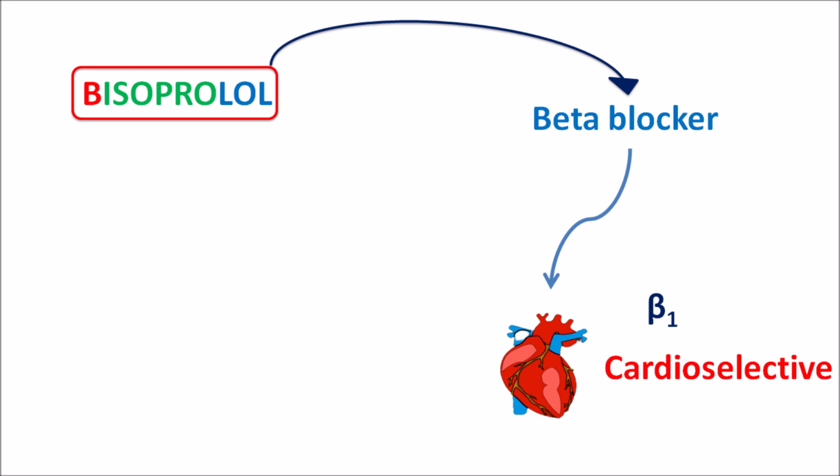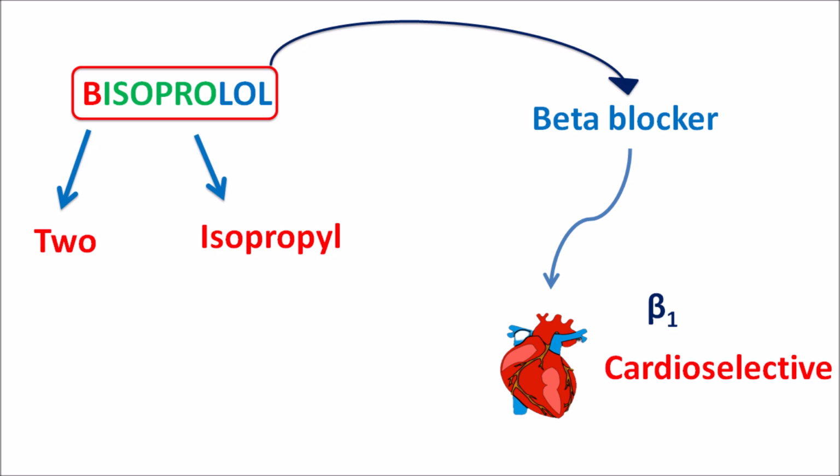And from the name of this drug we can identify structural information. So here the suffix olol indicates it's a beta blocker. And the infix isopro indicates that this drug is having an isopropyl chain. So bisoprolol is having two isopropyl groups. One of the isopropyl is attached to the amine and another isopropyl is attached to the oxygen on the two